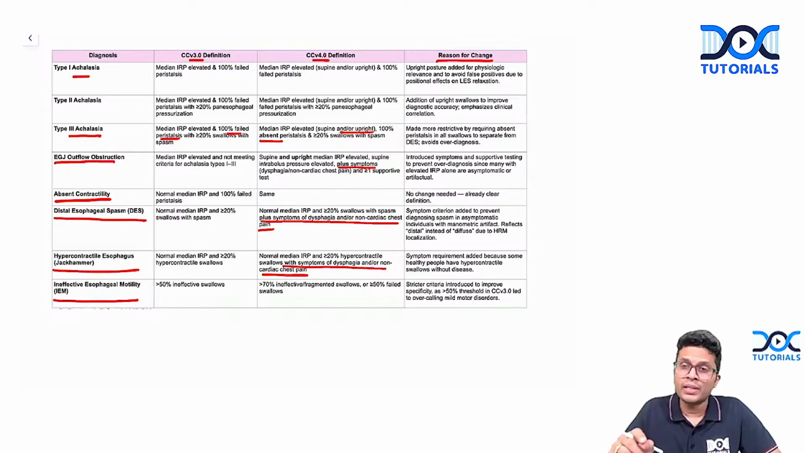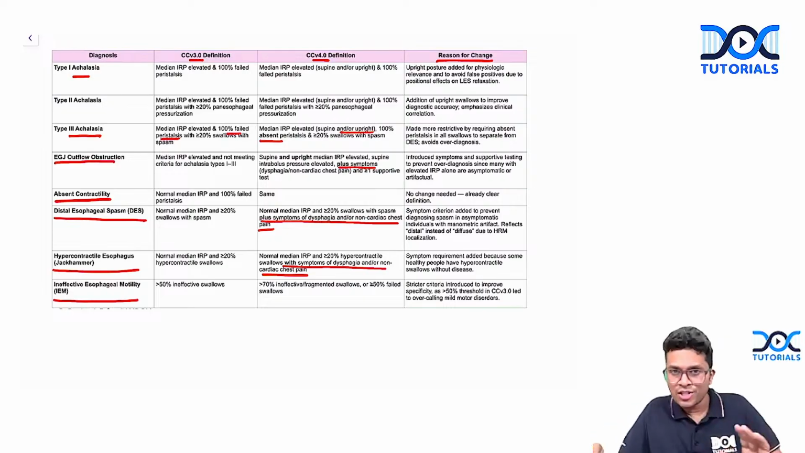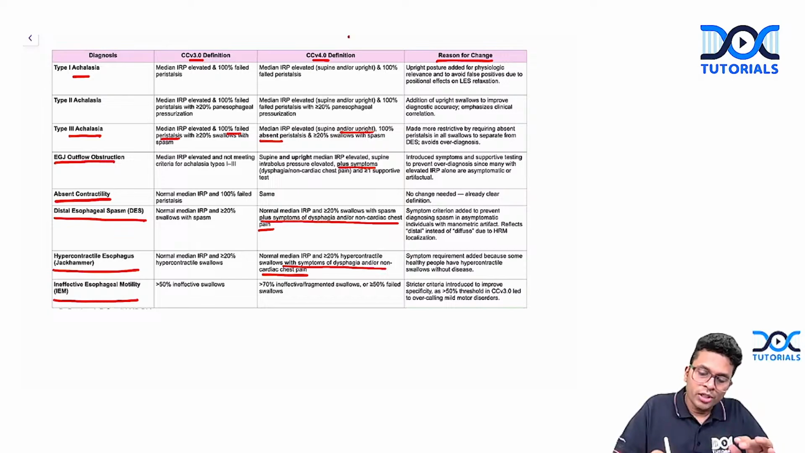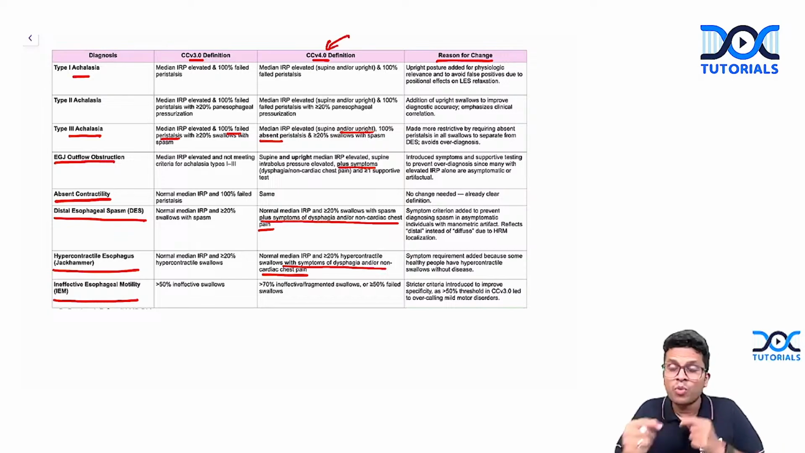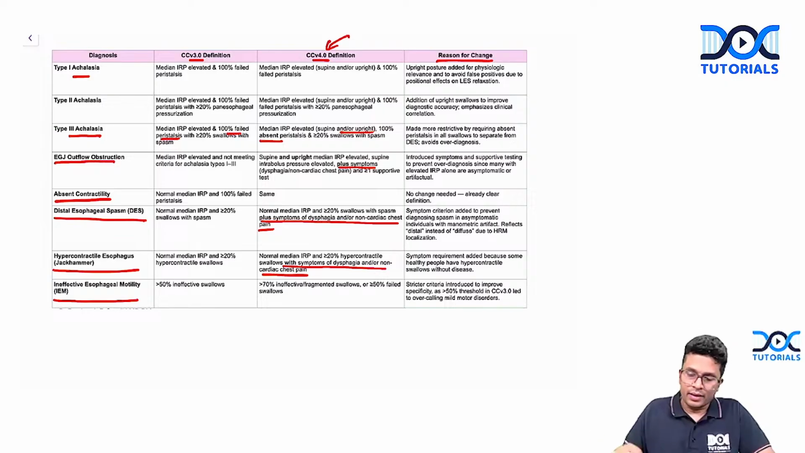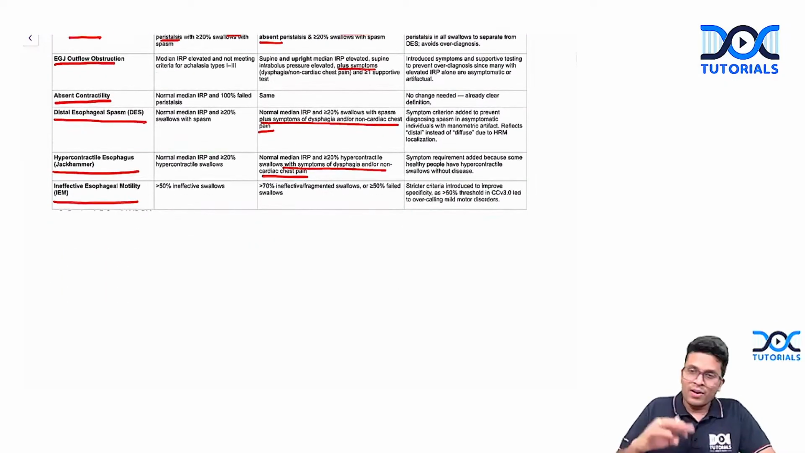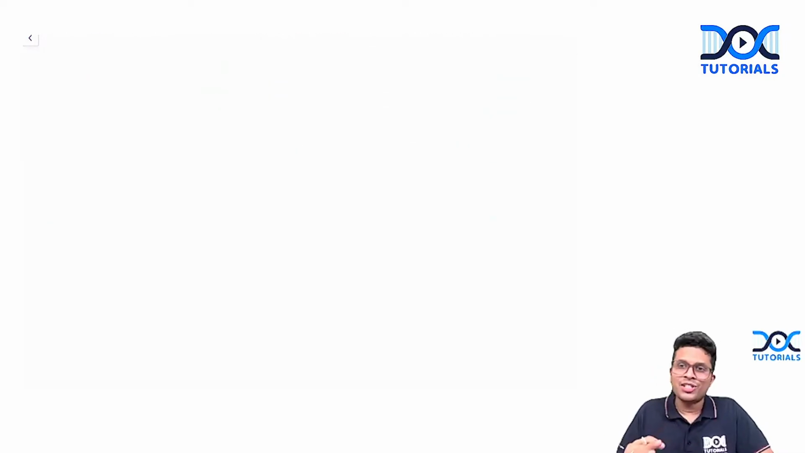So if a patient has manometric abnormality but no symptoms, it doesn't come under distal esophageal spasm. So these are some fine-tuned changes. You can go through version 4 for being much more updated. Okay, great. So now we are clear about the criteria for distal esophageal spasm, which was initially called